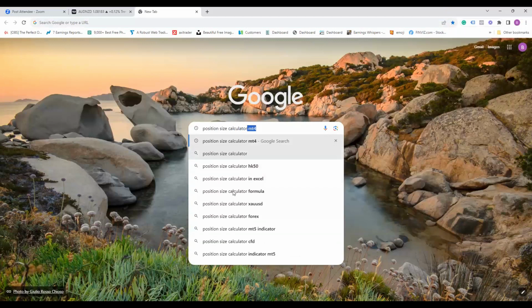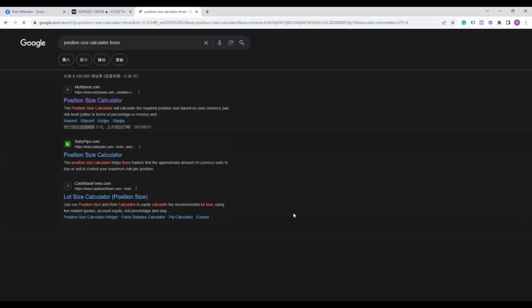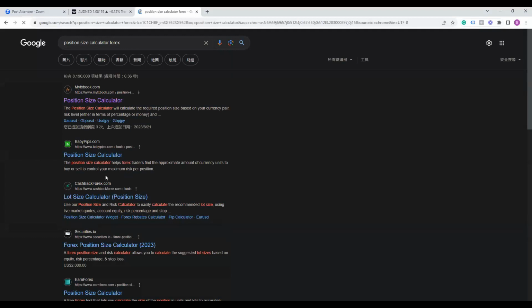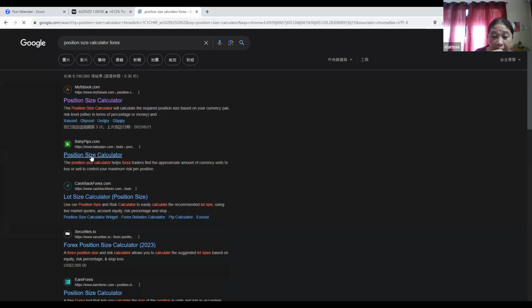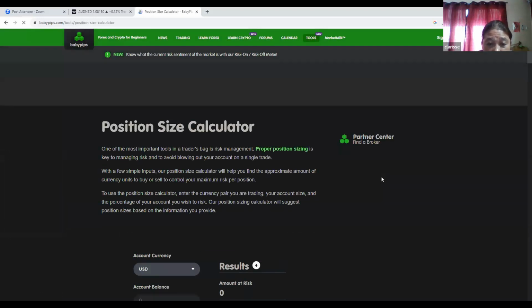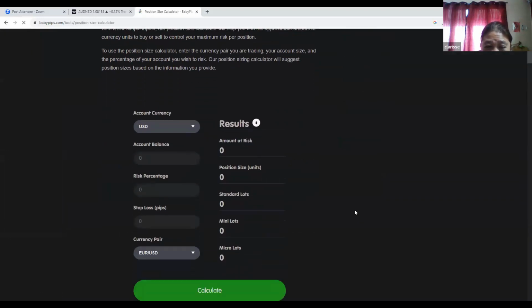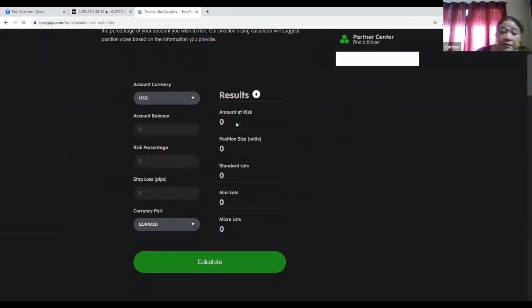Position size calculator. Sama niyo si Bang? Hindi yung susunod. Susunod. Nandun yata sa ganun.